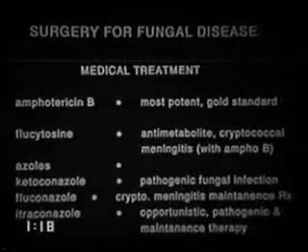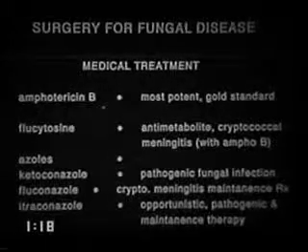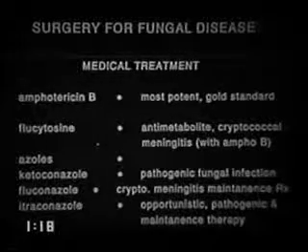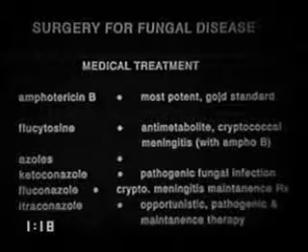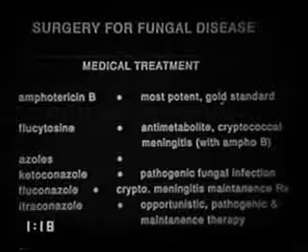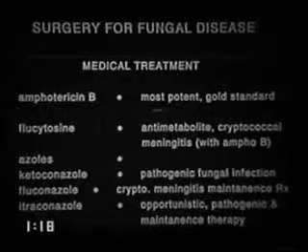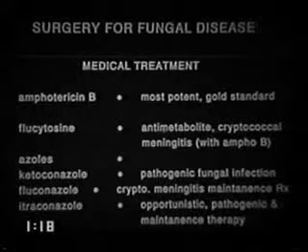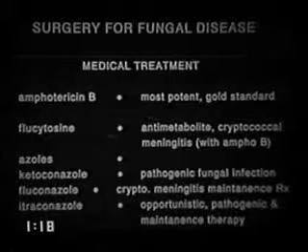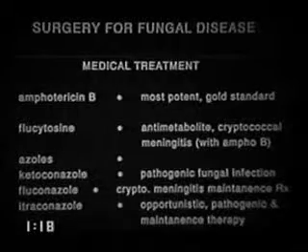Now, treatment, just to go over again very briefly, amphotericin B is still considered to be the gold standard antifungal agent against which all the others are compared. It's certainly the most potent and has, as I'm sure you're all aware, many side effects. Pre-treatment with antipyretics and so on is almost the rule. Flucytosine, an antimetabolite, is very good for cryptococcal meningitis with amphotericin B. You need to have a double-pronged approach in this setting. And this is a common manifestation, unfortunately, in patients who are